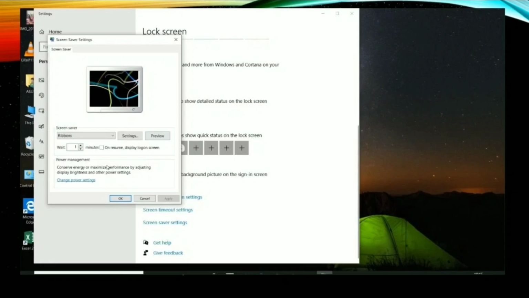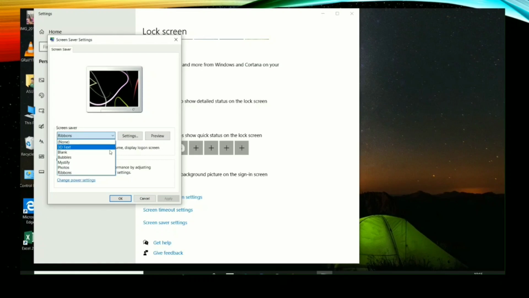Okay, now I'll show you how to set a pattern, text or images. For this you have to click on this screensaver option. Several options are given: bubbles, 3D text, mystify. First I have selected 3D text. You can see Windows 10 is written here in 3D text. Now here Wait is written. What is the meaning of wait? Wait 1 minute. It means that when the system finds that after 1 minute no one is touching the system, then the screensaver is started.